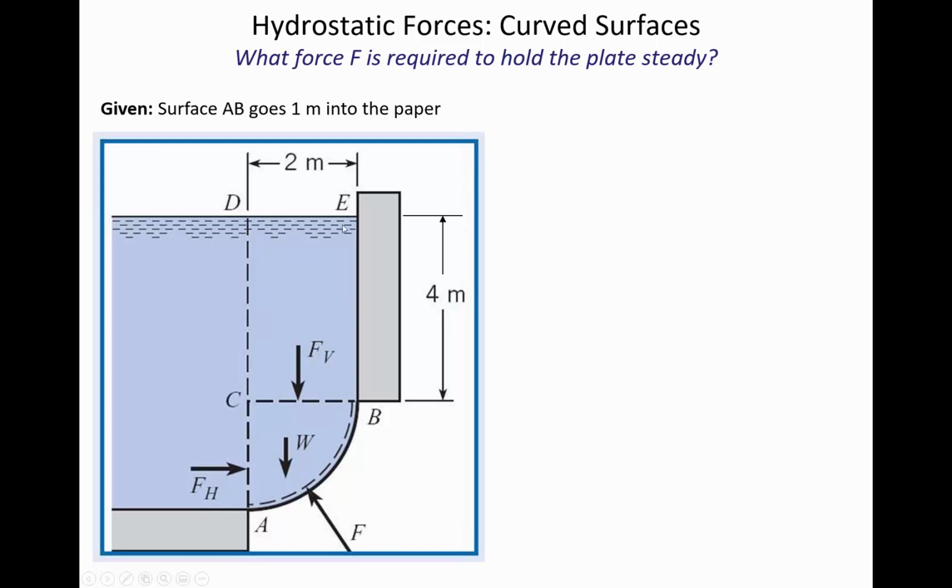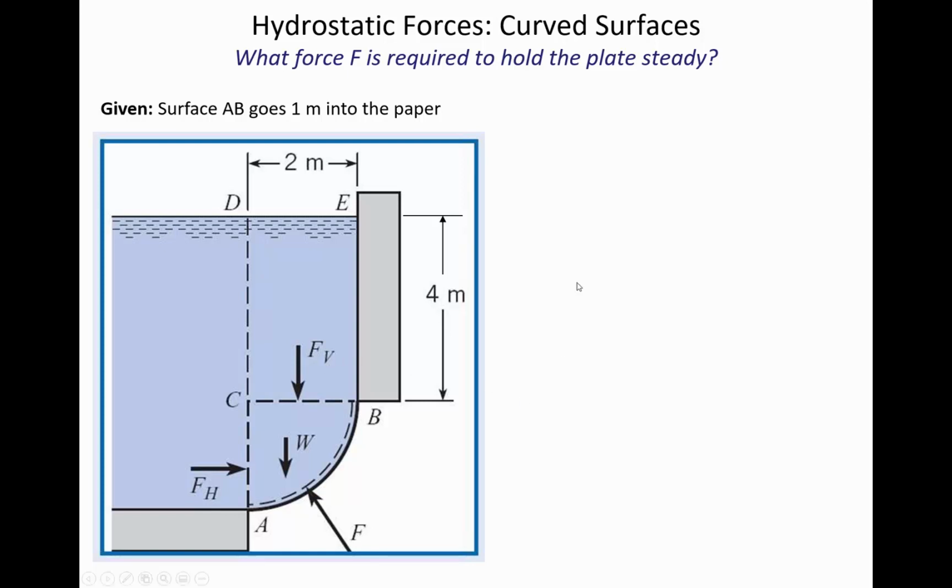And so the dimensions are 4 meters of height, 2 meters of width, and then 1 meter into the page. And so there is this box of water that's 2 by 4 by 1. And now think about the shape of this quarter circle and what that looks like if you extend it 1 meter into the paper. It's kind of like a pie shape or a wedge that's above that gate.